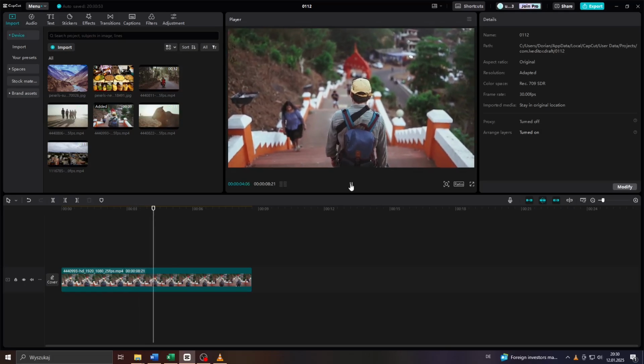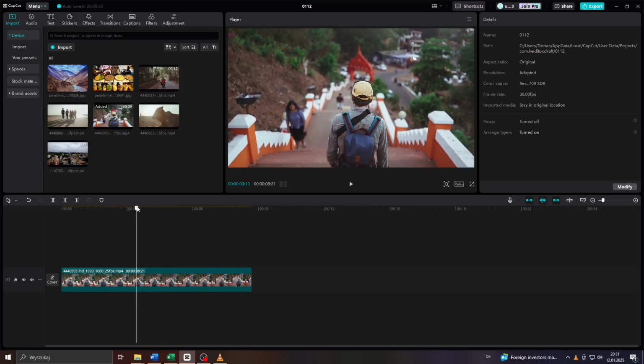In a short tutorial video, I will show you how you can apply the split screen effect to your video clips on CapCut PC or on laptop. So let's get started. Now guys, start a new video project, add a couple of video clips to your library